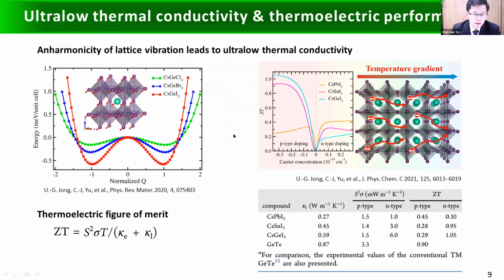So we then studied the thermal property of halide perovskites, which is also important for PV performance and thermoelectric performance. So we found that the germanium-based cesium halide perovskites exhibit ultra-low thermal conductivity and high carrier mobility, which makes them potential thermoelectrics. So we performed first-principles lattice dynamics combined with temperature-induced anharmonic phonon renormalization,